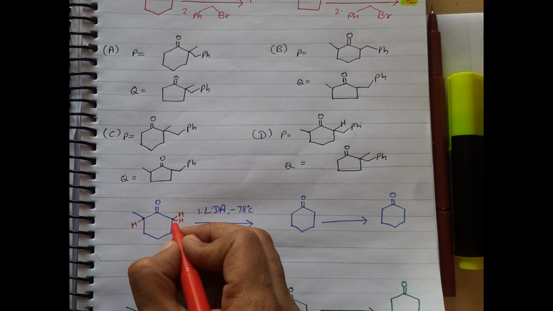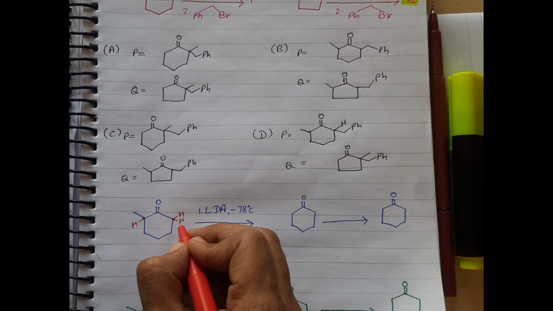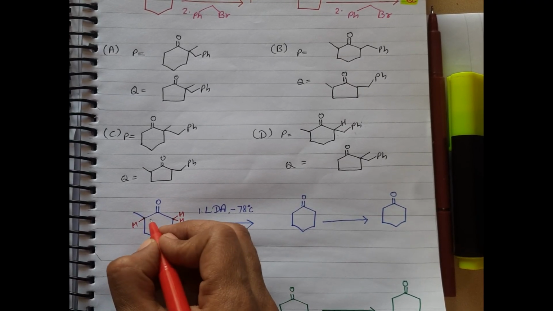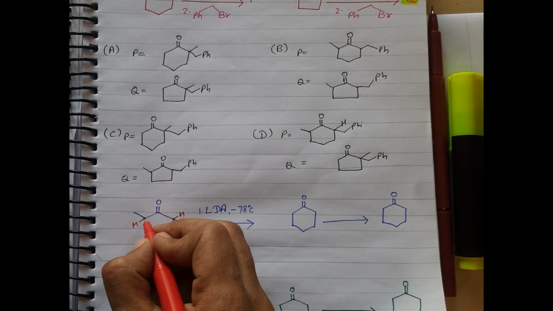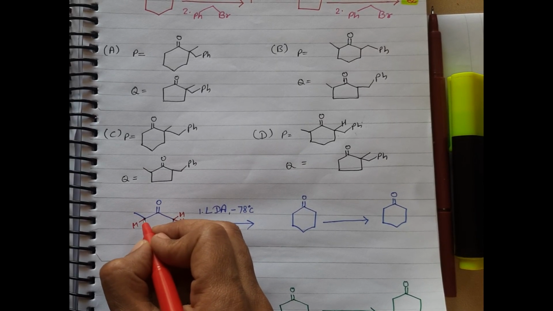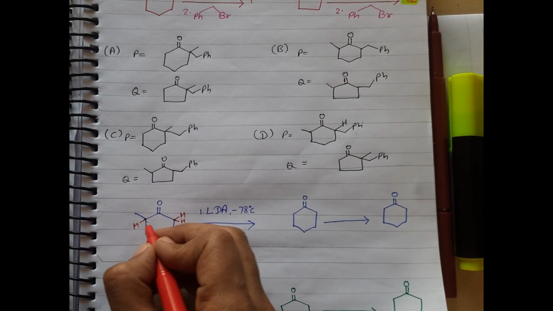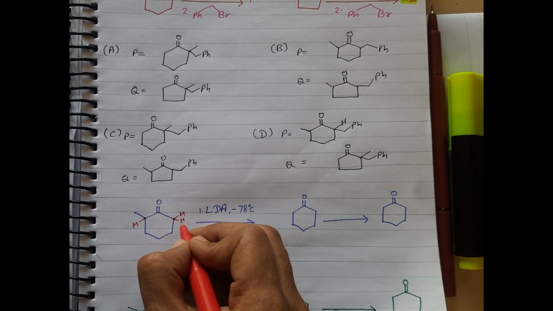Here there is no branching or substituent, only two hydrogens are present. On this carbon atom, one substituent is attached, a methyl group. So compared to this position, this is a very sterically hindered position. So LDA takes this proton